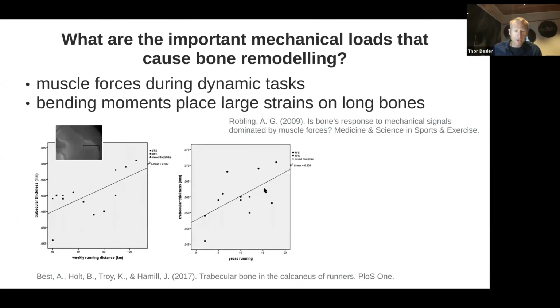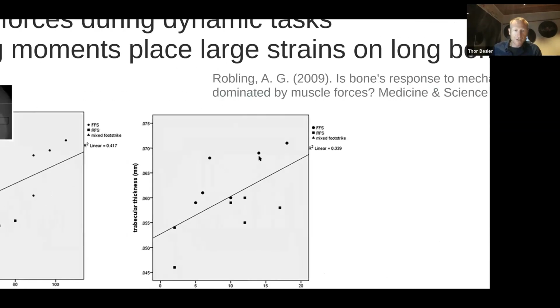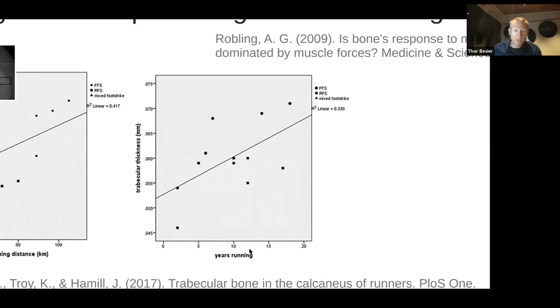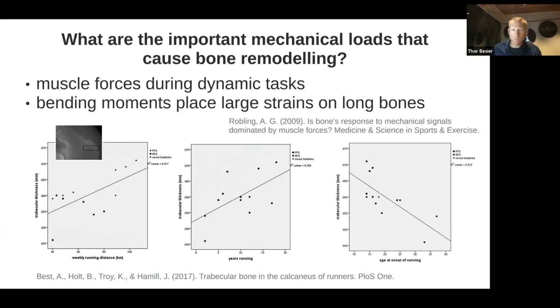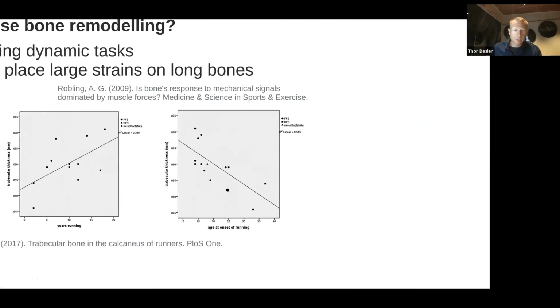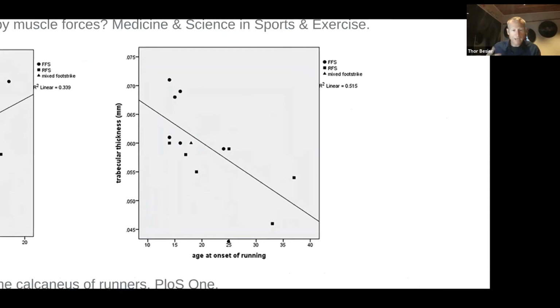The other interesting thing they showed is the relationship between that trabecular thickness and the number of years spent running. And again, there's somewhat of a positive relationship here, which you might expect. The longer period of time you've spent running, the more opportunity there's been to lay down new bone and for the trabecula to be thicker. And the last thing, which I find very interesting here, is the age at onset of running. So at what age did you actually start running? And here we see a slight negative relationship, meaning if you started running much earlier in your life, so between the ages of, say, 12 and 20,